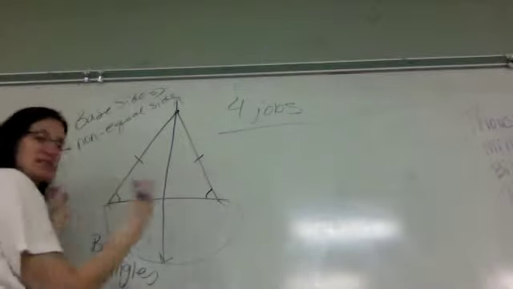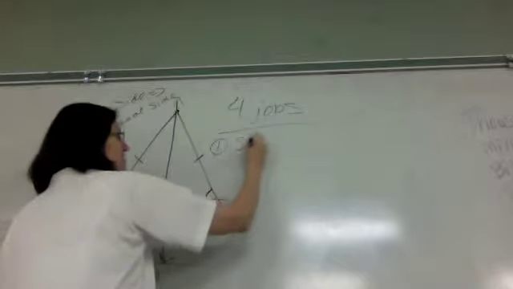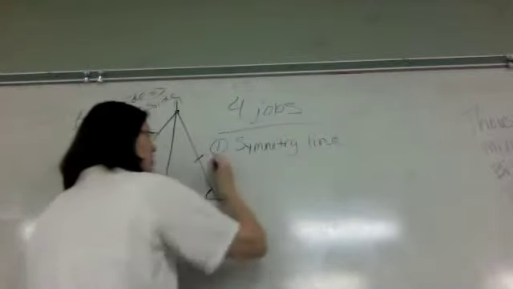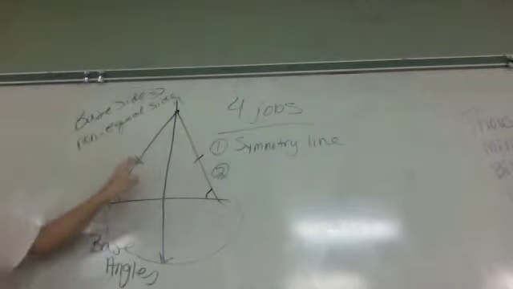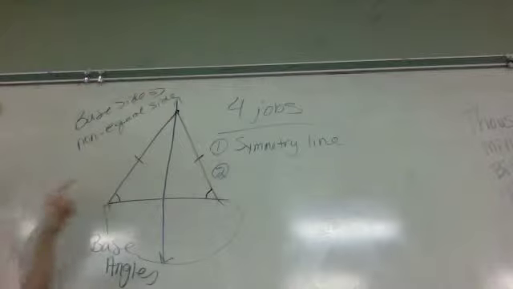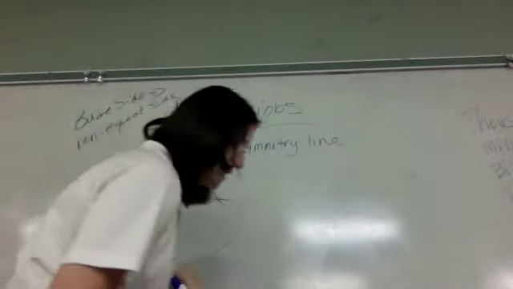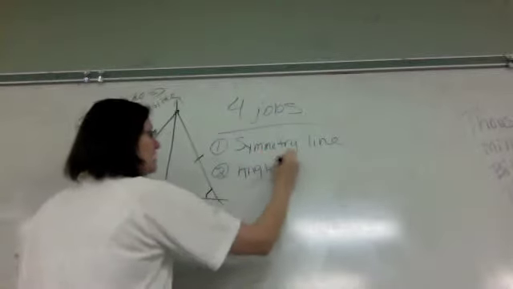Whenever you have a line that splits an object completely in half so that it's a mirror image on each side, that's a symmetry line, or line of symmetry, which I know we've talked about before in other classes. So a symmetry line is when it cuts it directly in half and everything on either side is equal, which you can tell by the markings. Okay. Next, it is also an angle bisector,